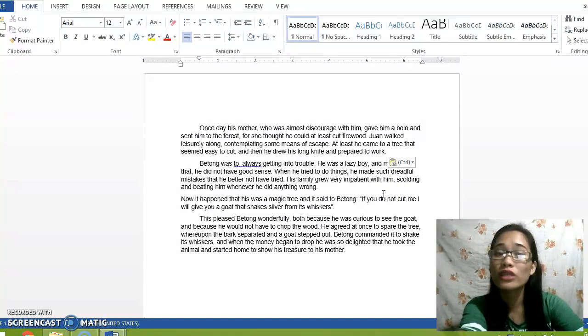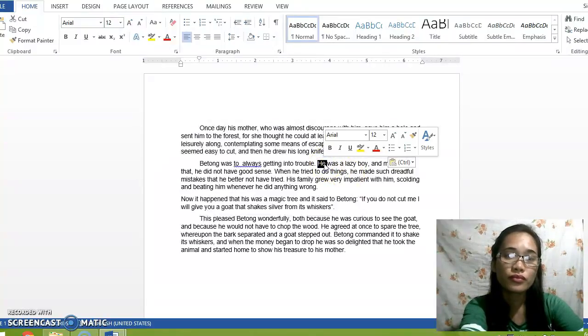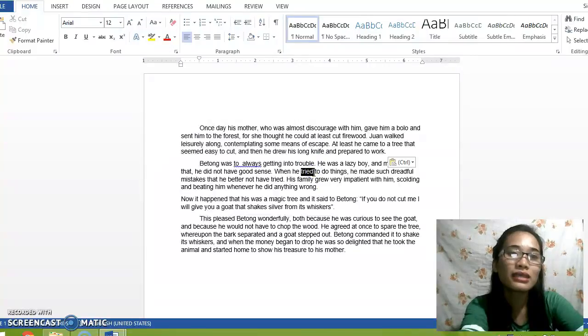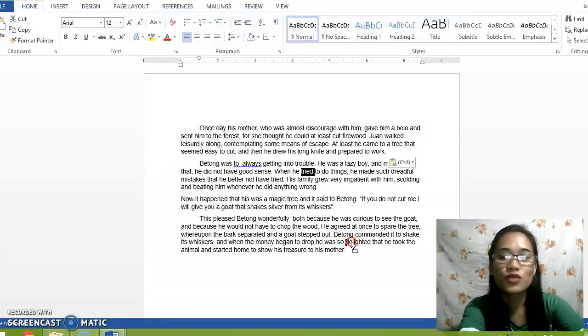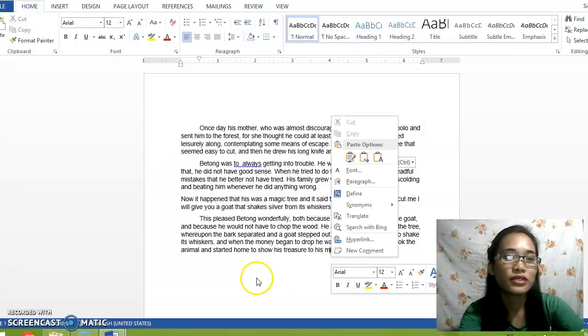So, let's go back and take a closer look at that. First, you select what you want to move. Click and hold the left mouse like this at the beginning, and drag it to the end.